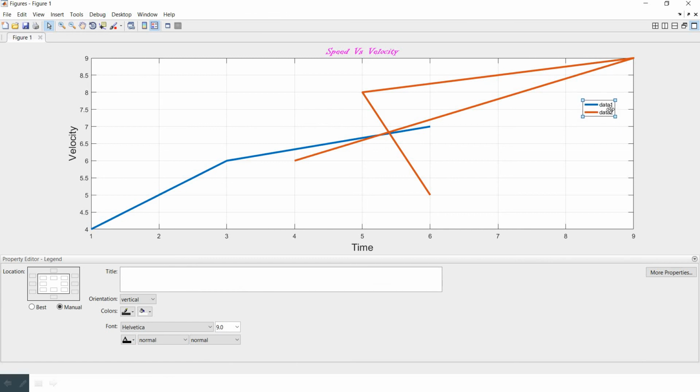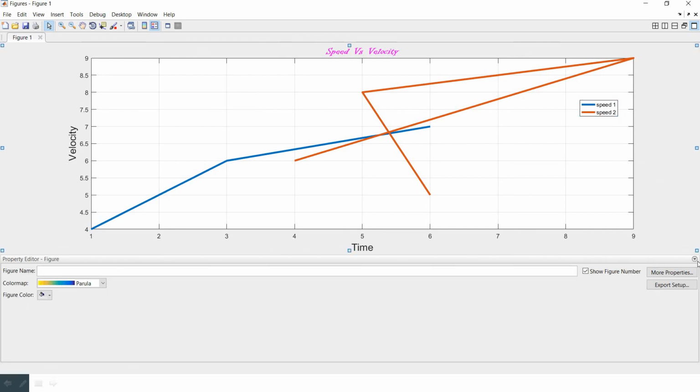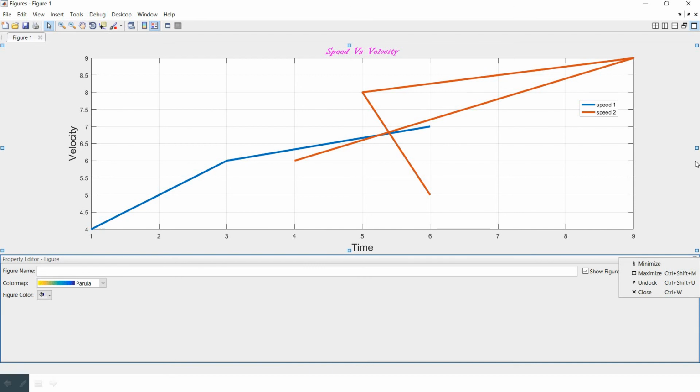Whatever it represents in your problem, you can accordingly add it. Let's say speed 1, and let's say this as speed 2. So this is how you can do the formatting.